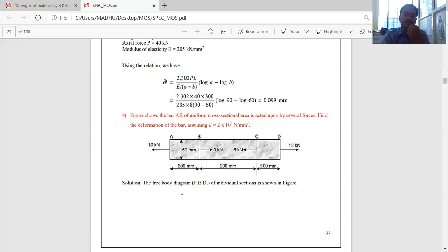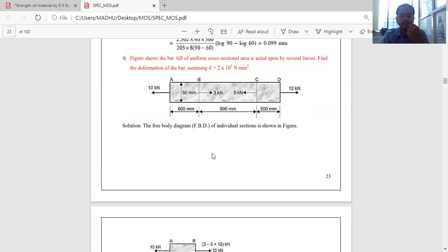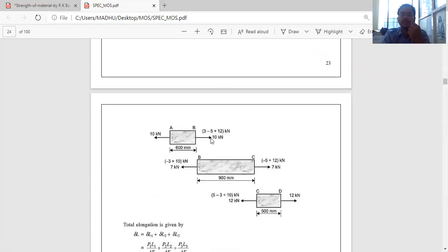Now we should go for the free body diagram of this one. Take the AB section separately. 10 kilonewton is acting this side. So this side it is 3 kilonewton. So how much is required here? When it is 10, here it has to be 3, but here you have 12 in the same direction. 12 plus 3, not only 3 is here, you are also having 12, but 5 is in the opposite direction. So if I take 10, the opposite direction must be subtracted, and 12 plus 3, 15 minus 5, it is 10. So it is tensile.